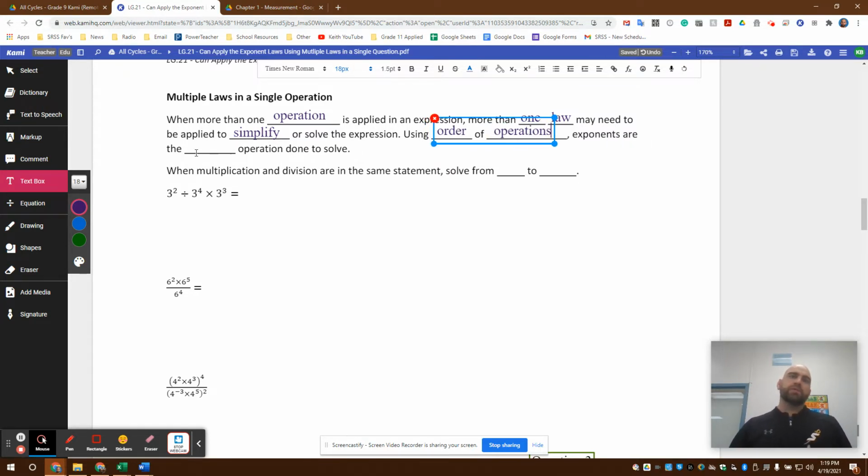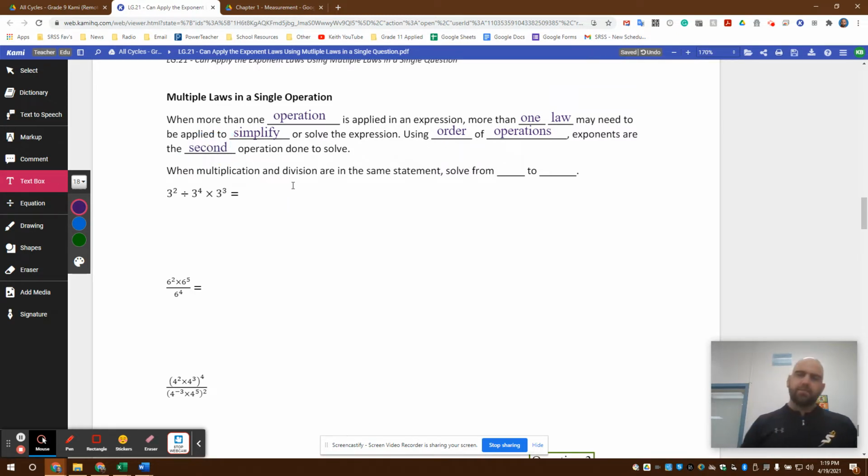Using order of operations, exponents are, again, as we've mentioned here, the second operation to be done to solve. Okay, so important to remember they're second, brackets are first, so we do it inside brackets. There might be exponents in the brackets, but we do that first, then we go through and solve for our answer. Okay, when multiplication and division are in the same statement, we always solve from left to right,